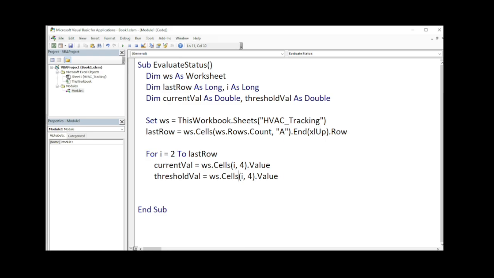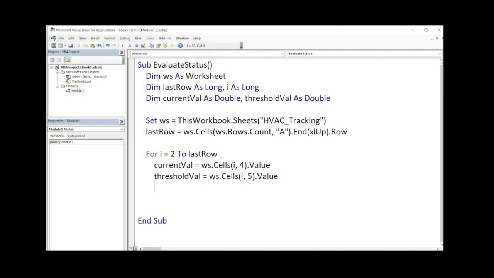Then I'm gonna change this to number 5, column. Okay, which is the threshold, right? Threshold value. The first one was in column 4, the current registered parameter. Okay, the pressure or the temperature of the component, or the flow of refrigerant, for example. All right. So okay, that's declaring our